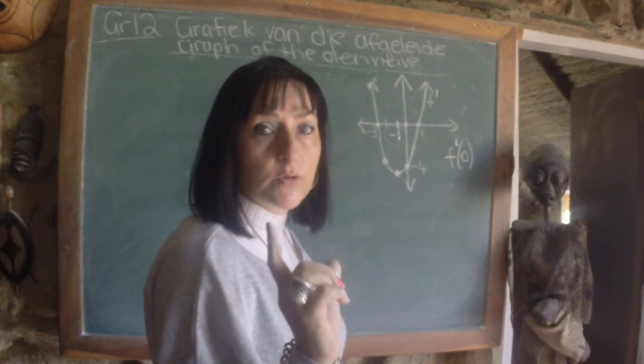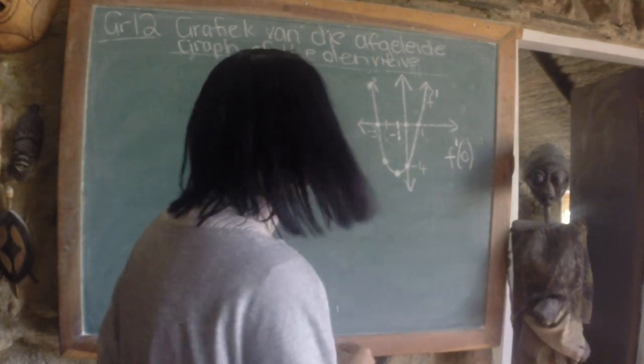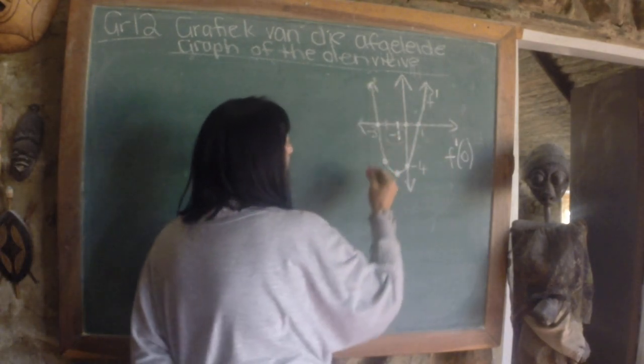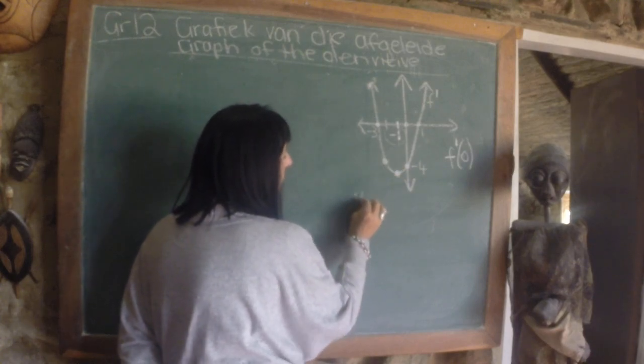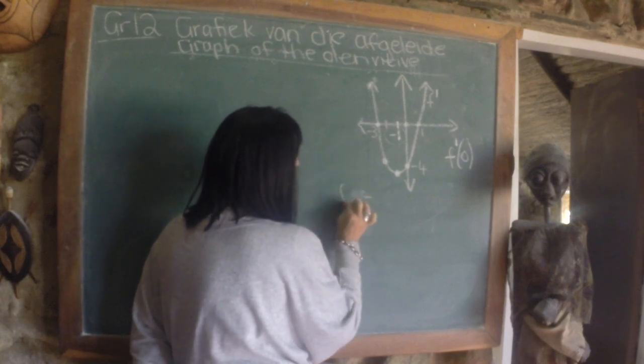Daar's 'n fout in jou handboek met hierdie een, so juffrou doen dit nie verkeerd nie, ek doen dit reg. There's a mistake in the textbook, okay? So I've got to determine the equation of this parabola. I can do that, onthou in graad 11 het julle geleer die standaard vergelyking om nou vir f aksent x